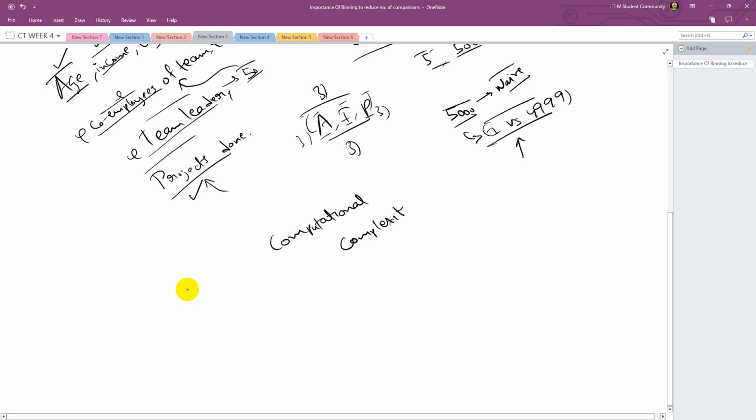This will lead to computational complexity, and it can be reduced in the case of nested iteration. Binning can also help here. And what is the advantage of binning? It can reduce the computational complexity, and also it can improve the efficiency